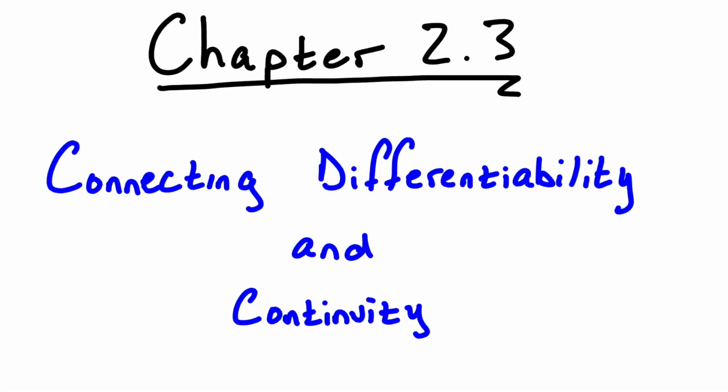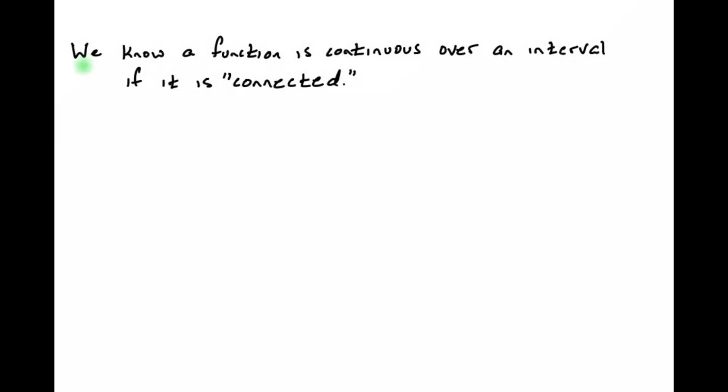To Chapter 2.3, Connecting Differentiability and Continuity. Now, we know a function is continuous over an interval if it's just visually connected. Now, it's not a very formal definition. We've done that in previous videos, but really the idea of connectivity is good enough for continuity if we're looking